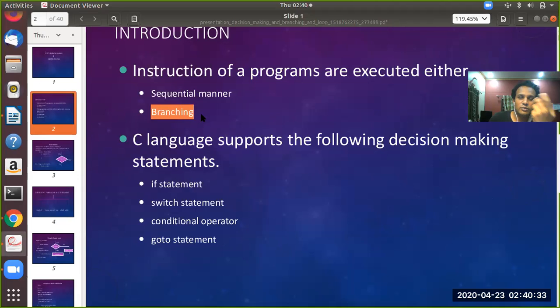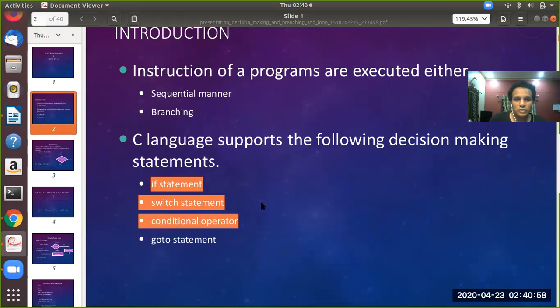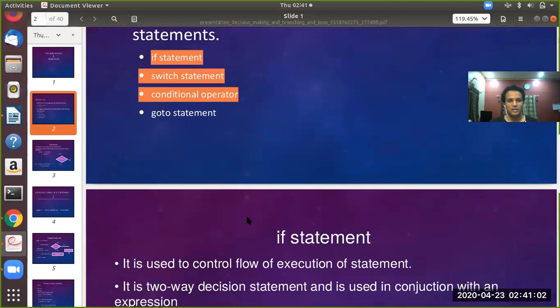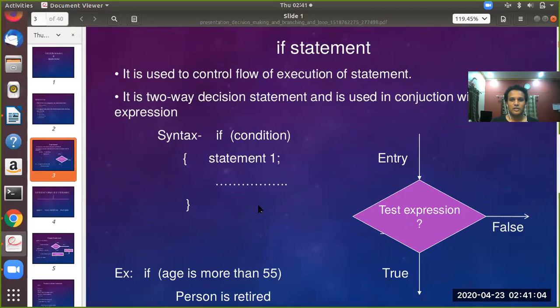Recapitulating once again, revising the things to you: sequential means line by line execution, one after the other. In case any lines are skipped, then the execution is said to be branched. Understand? How that branching can be realized in a C program is what was explained so far. These are all the statements we normally use: if statement, switch statement, and conditional switch case statements. So look at the slide.